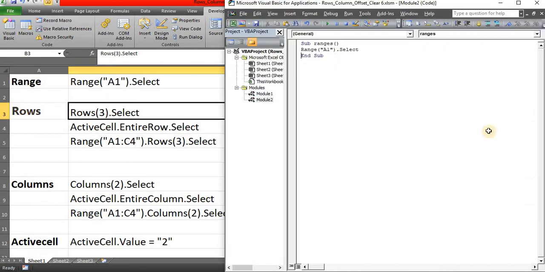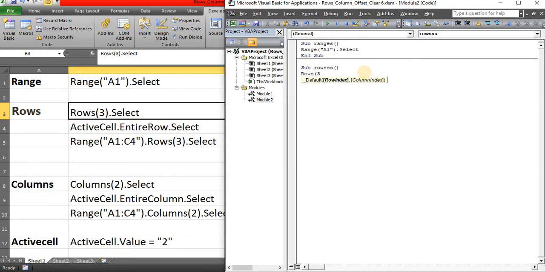Then rows. Rows of, here you should not use the double quotes. For the range you need to use double quotes, but here the rows are numbers, right? The range will be considered as string values, but these are all numeric values.